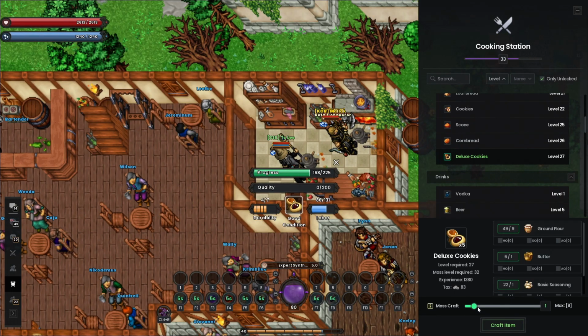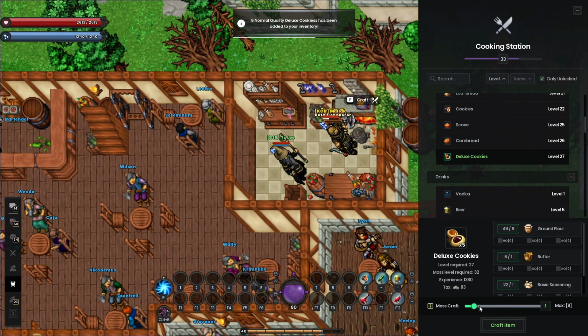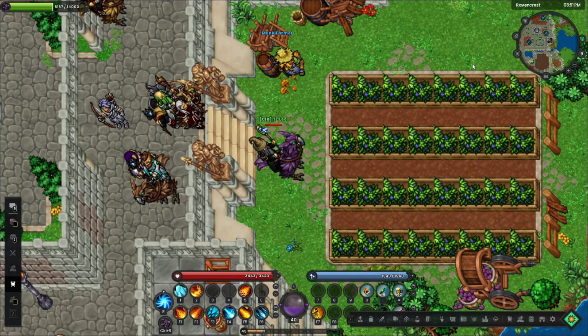You should always keep an eye on which foods people are buying, which trade packs are available and selling well, because there are many farming items that will sell very, very well based on that and how much people are doing certain trade packs. You can gain a huge profit from growing the right crops and also utilizing your time